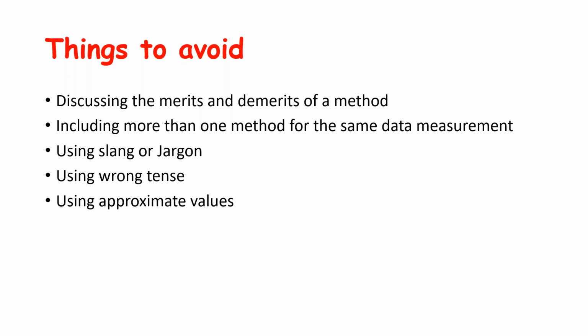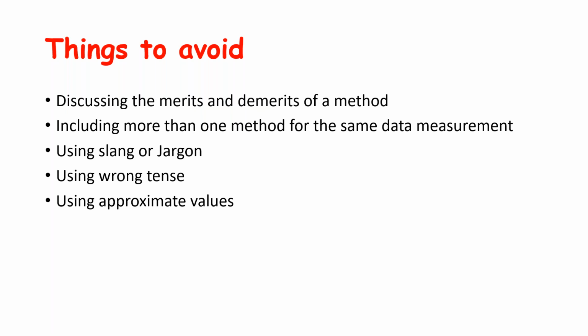And you should not use slang or jargon which we commonly use in the OPD or clinics, some short term or abbreviation of a terminology which others reading a particular topic for the first time may not be able to comprehend. So you have to be clear about what abbreviations you're using, and always mention the full form the first time you use it. Do not use alternate abbreviations at different places. If you have abbreviated in some way, you have to maintain it throughout your thesis, not only in the material and method section.